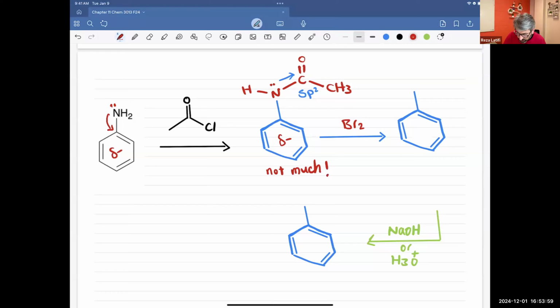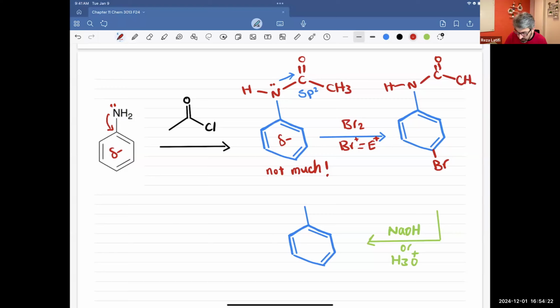Now bromine will reach the ring. Let's say we get Br plus as the electrophile, and this will be added in the para position, and we get the bromine here. And what do we have there? NH attached to a carbonyl group. And next step, we're going to